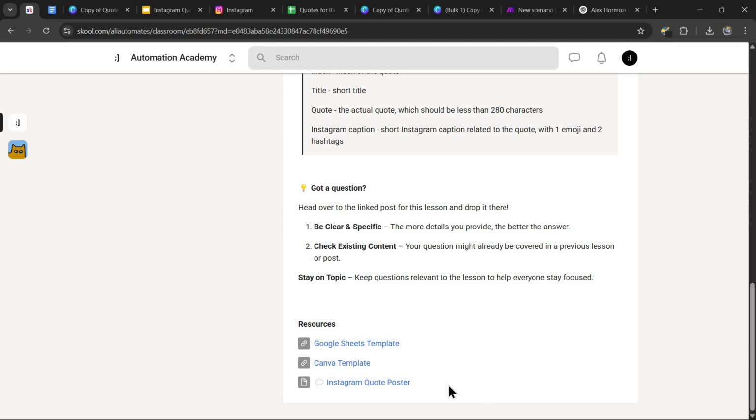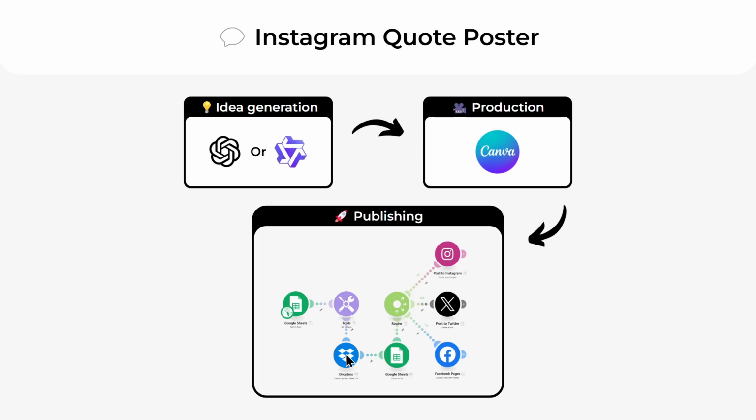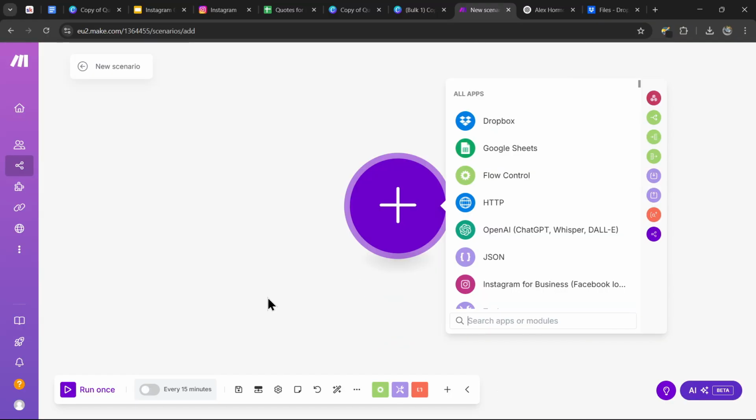And this is also the time where you can just download the automation blueprint in the description and import it straight into your make.com like I showed you how to do earlier. So I'm just going to show you step by step how you can build this automation for yourself. So just head over to make.com and we can get started with the first module, which is going to be